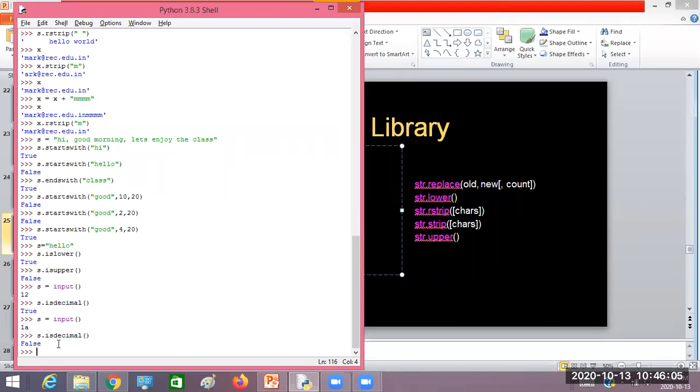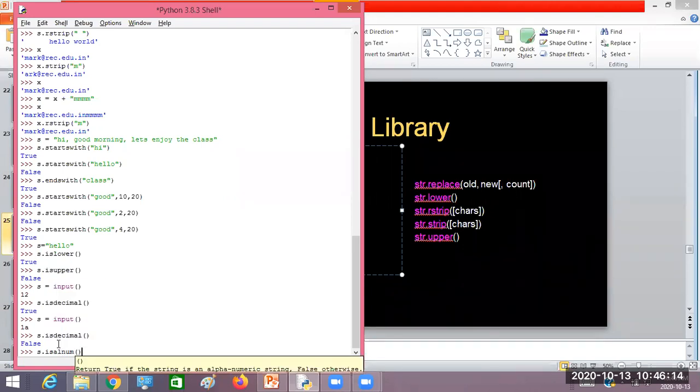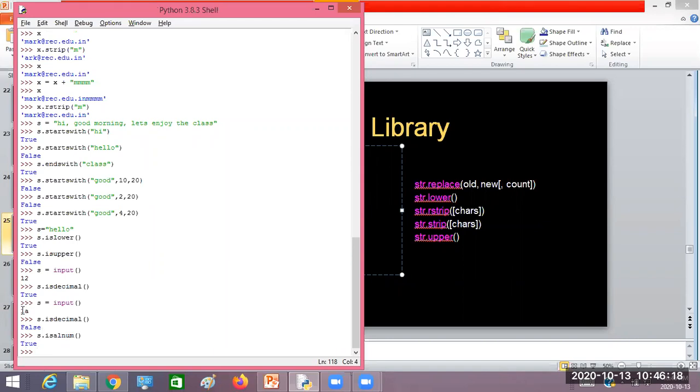So in that case, what you can do is isalnum. Alphanumeric, both alphabets and numbers. Now this time it is giving us True, because there are numbers and alphabets. Usually these kinds of functions will help us in applications like, for example,